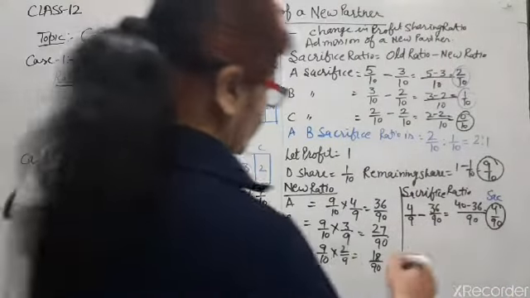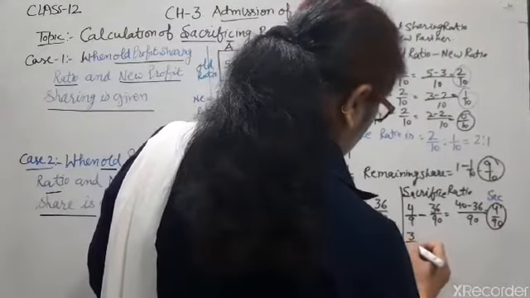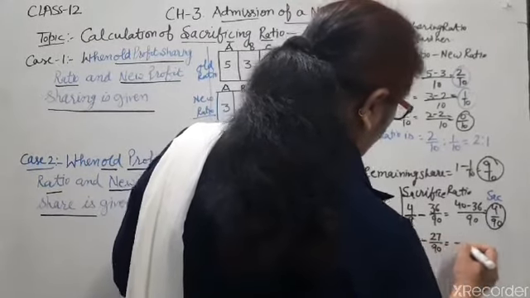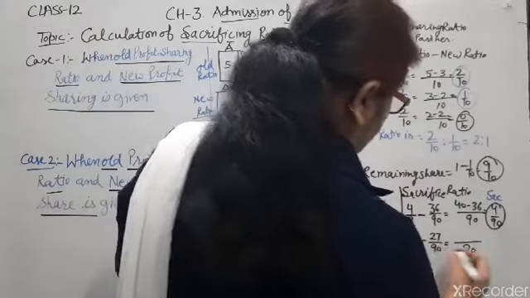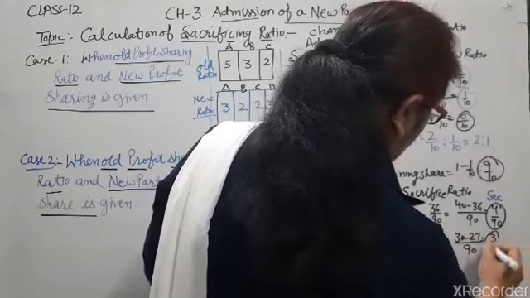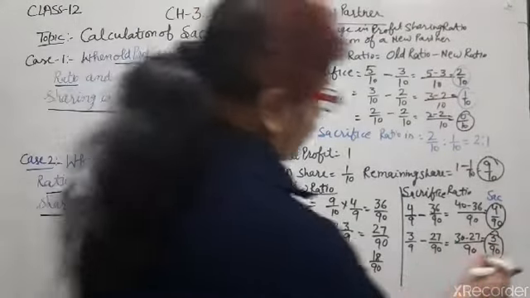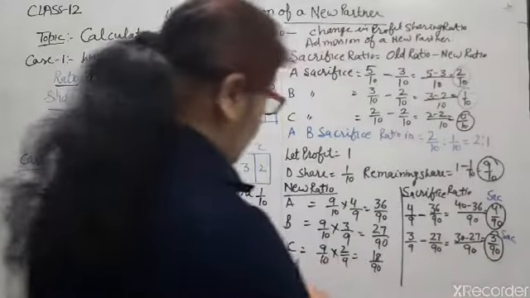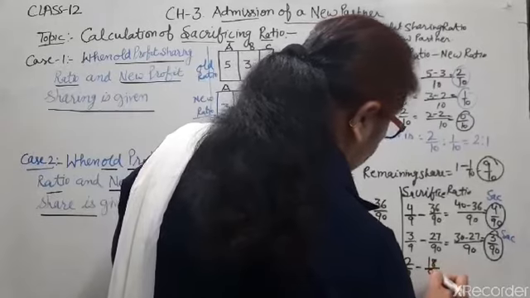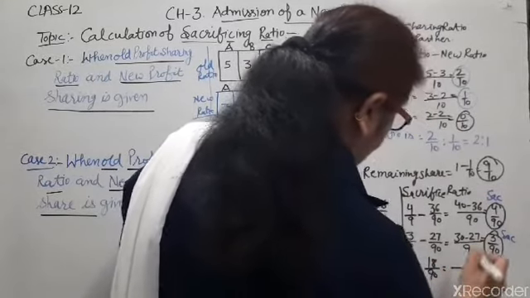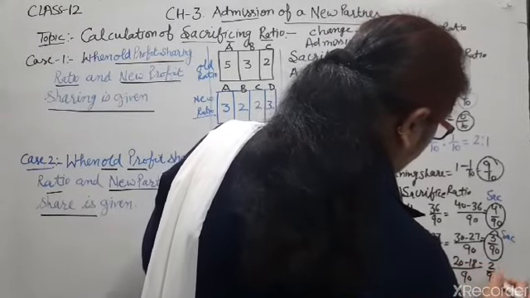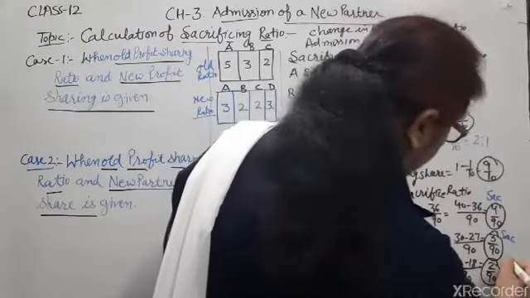And for B, old ratio is 3 by 9 and new ratio is 27 upon 90, LCM 90, and 30 minus 27 is equal to 3 by 90, the sacrifice of B. And now C, old ratio is 2 by 9 minus new ratio 18 by 90, LCM 90, then 20 minus 18, 2 by 90. The sacrificing ratio is